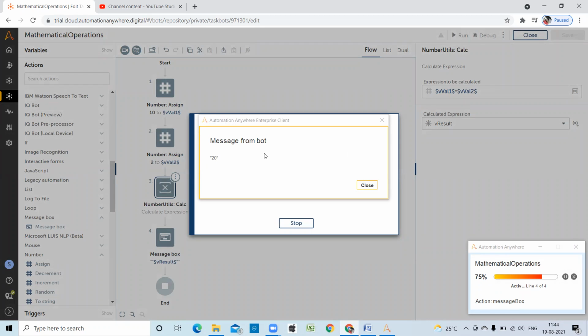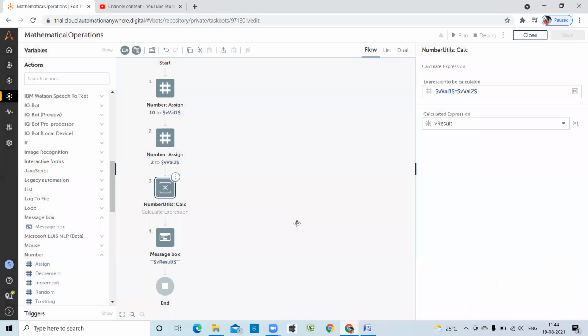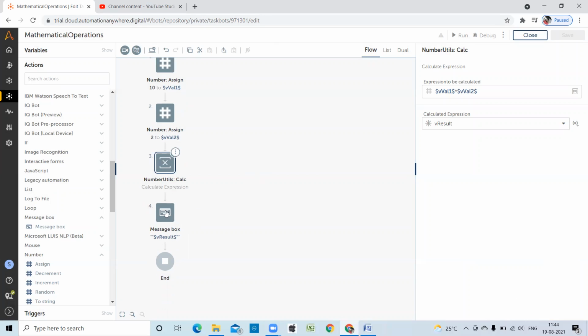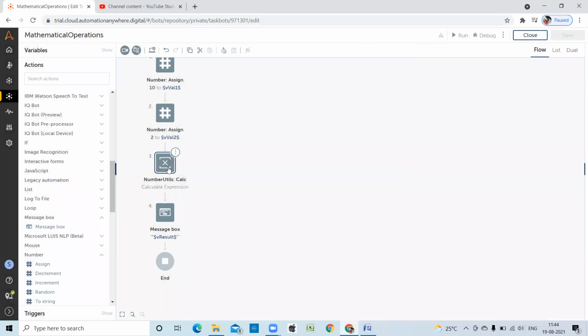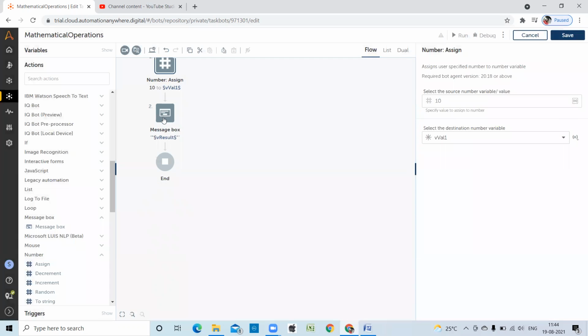So if you are doing multiplication, we can get the result as 20, right? Now we cancel over. Just removing this one, also removing.